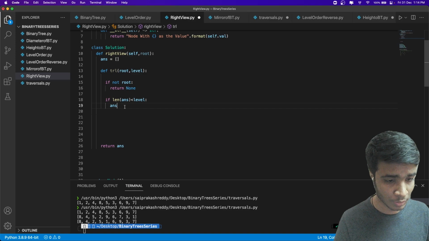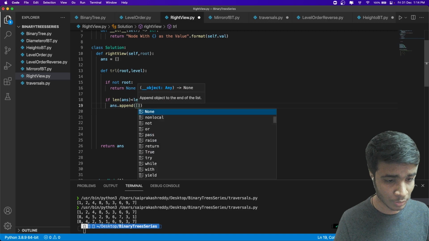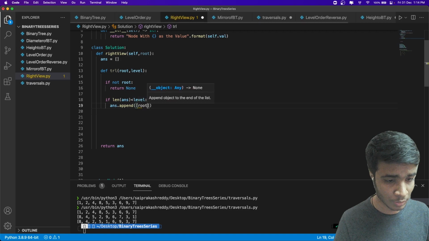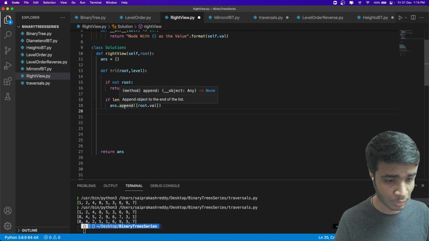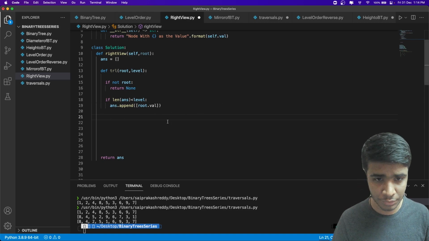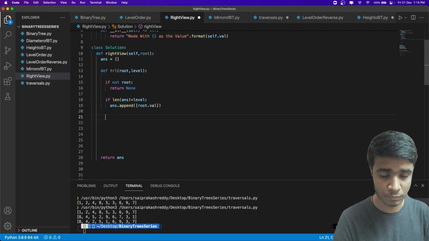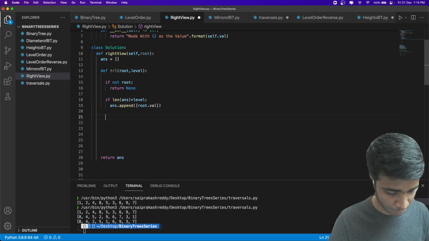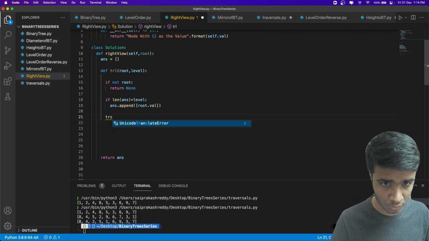So if I have this image, what I will do is answer dot append of new level, and I'm going to call it as root dot value, and in the else case I'm not going to do anything, right? So else is going to be as it is, and yeah. So what I have to do is I simply have to call traversal on